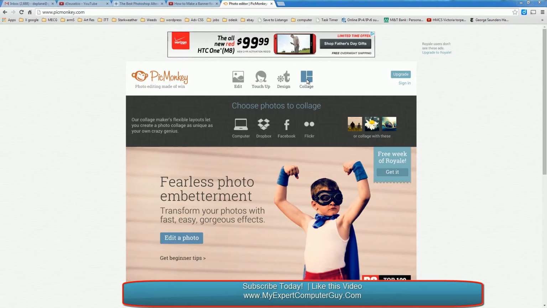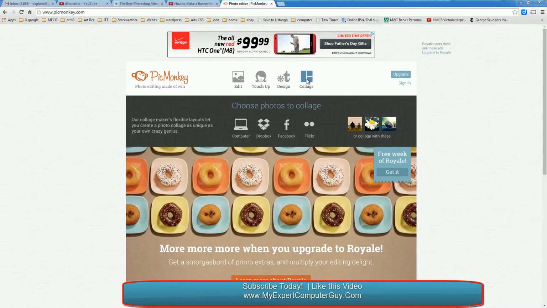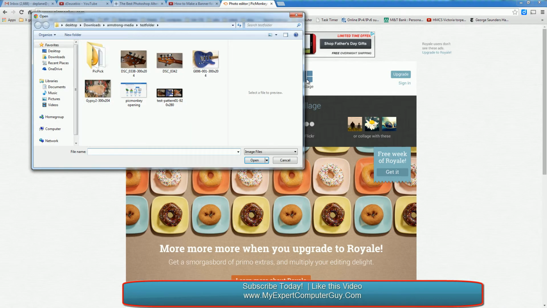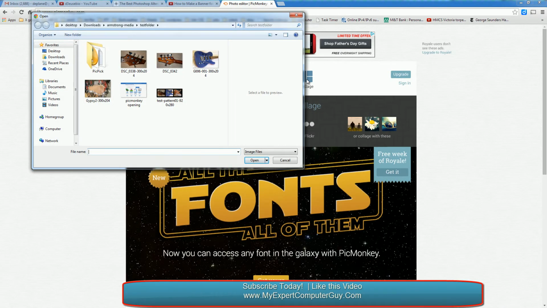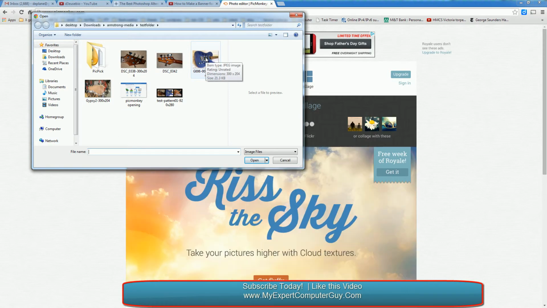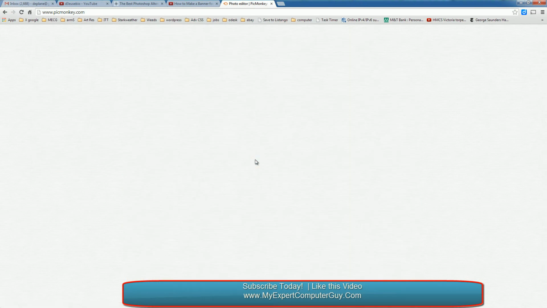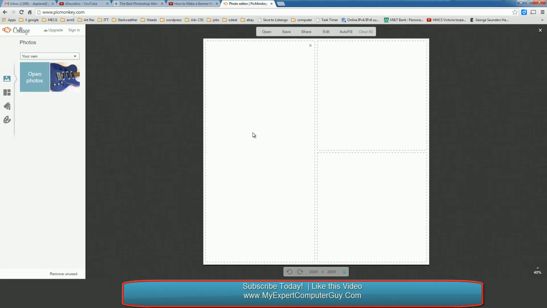You can also use the image we're going to create today in your sliders, if that's something you choose to do. Click on Collage, and the program will ask you to select an image. Here, I've already set up some images I'd like to use, so I'll select one, press Open. We'll go to the next screen, which